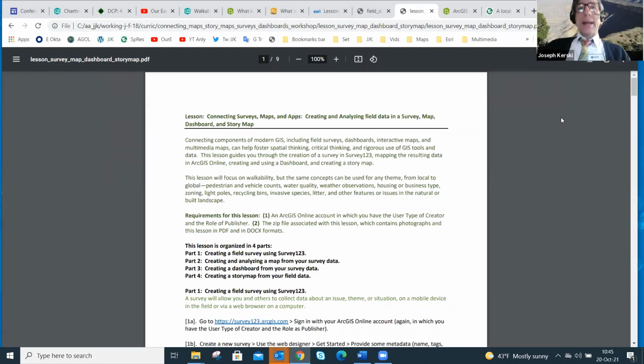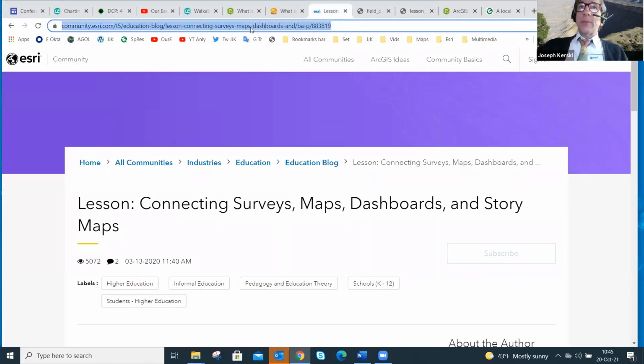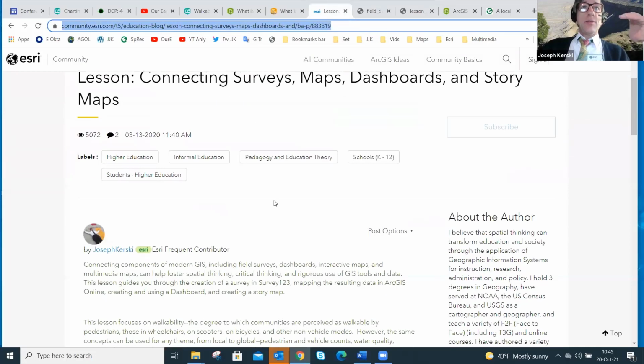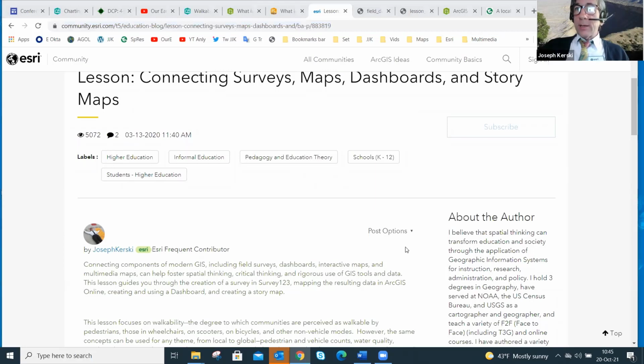So we won't need to, and nor will you need to, actually go through all of these. But if you want to, you could. And that is all part of this. So I'm going to put this in the chat box, because this is the actual lesson that I'm taking highlights of today for our workshop together. And let me go to the chat box here ever so briefly.